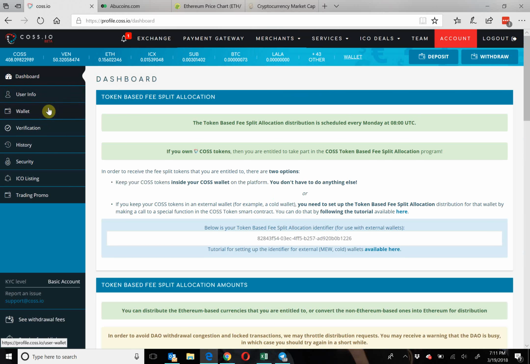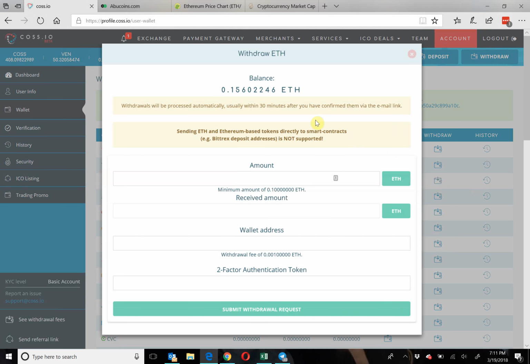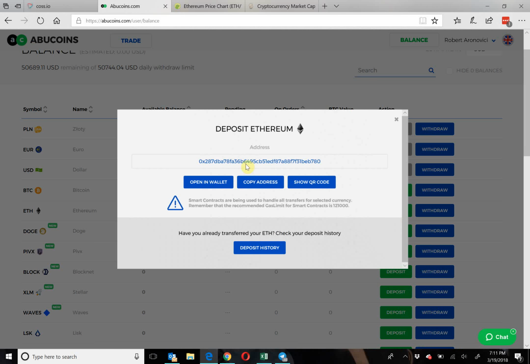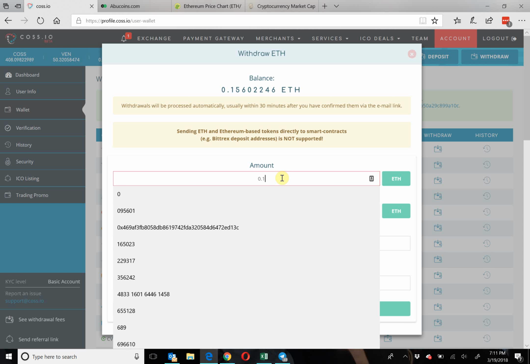So I'm going to switch back to my account, and I'm going to go to my wallet, and I'm going to say, okay, I'm going to send some Ethereum. So I'm going to withdraw my Ethereum, and then you can put in the amount. So you would put in your amount, the wallet address. So the wallet address would be, in this case, if I were to send my Ethereum to IBU coin, I would click on deposit, copy the address,